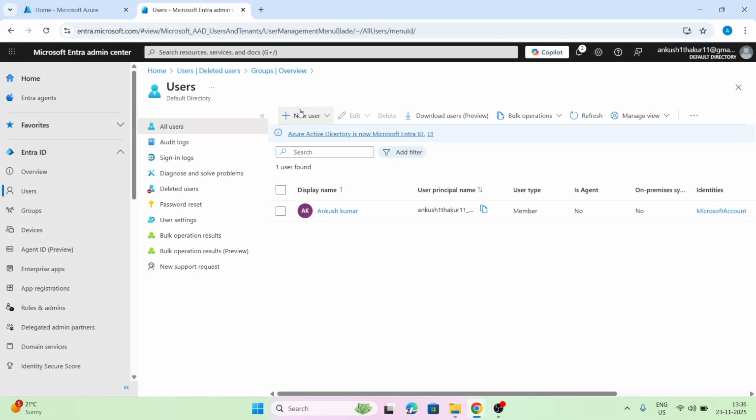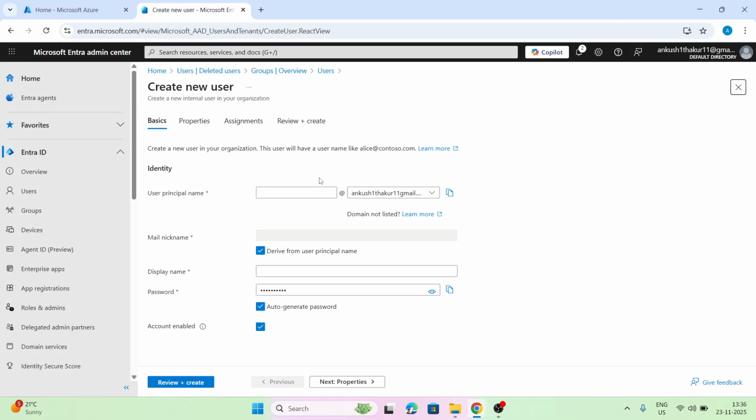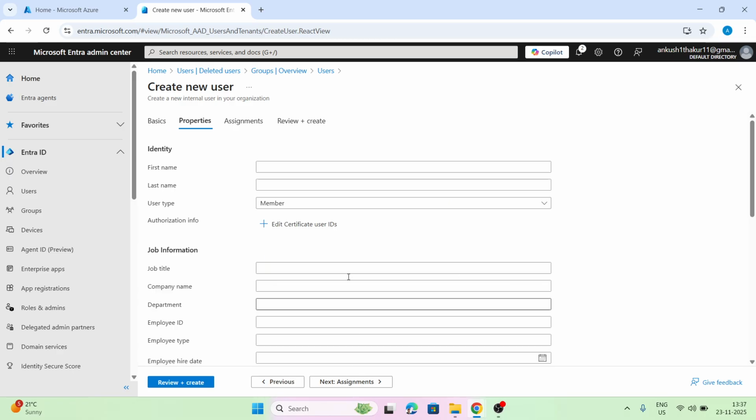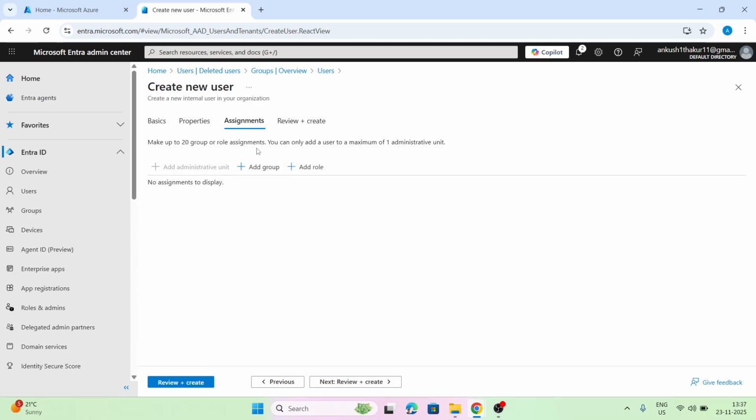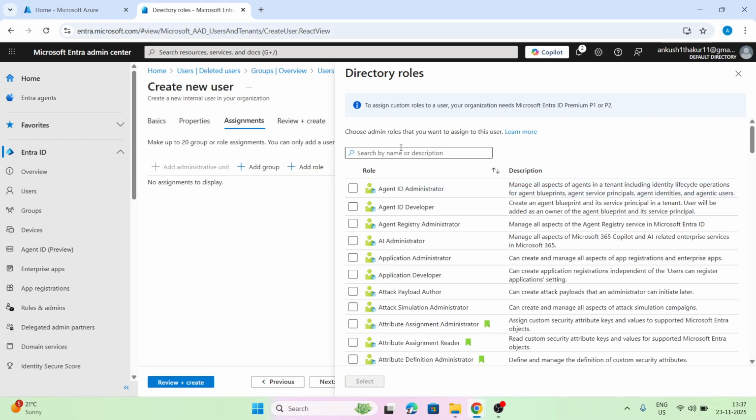So now let me create a user first. Let me type it here user1. And the display name should be user1, and the password should be auto generated. Then properties, I can type anything. Here, in assignment, I can add this user to a group or I can assign a role, and these are the